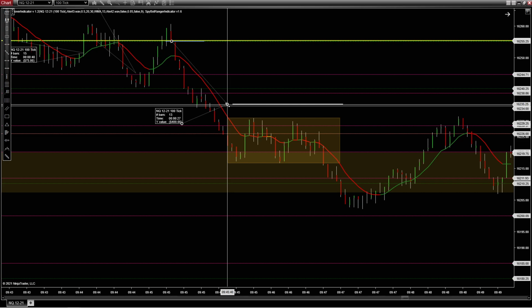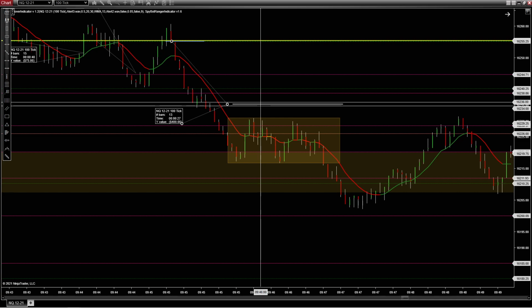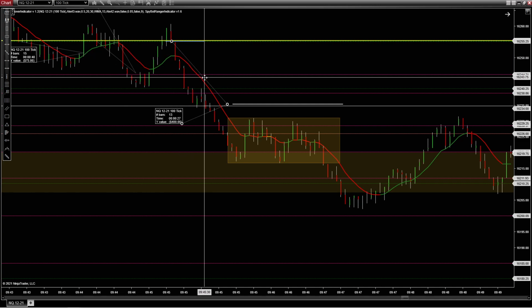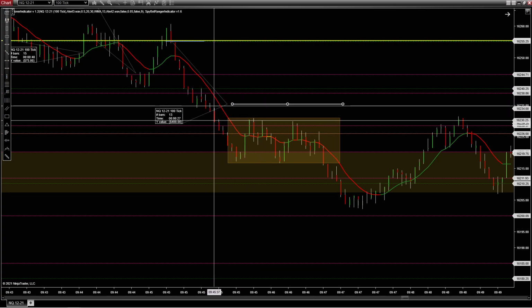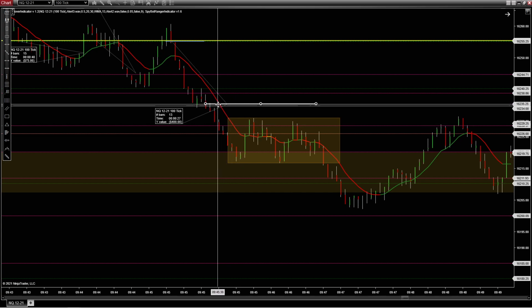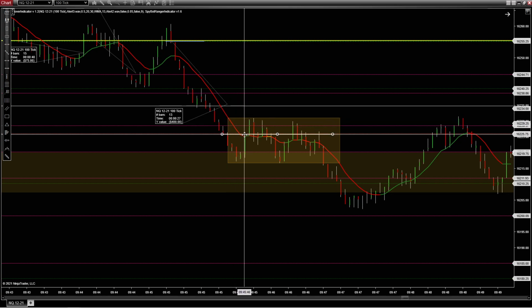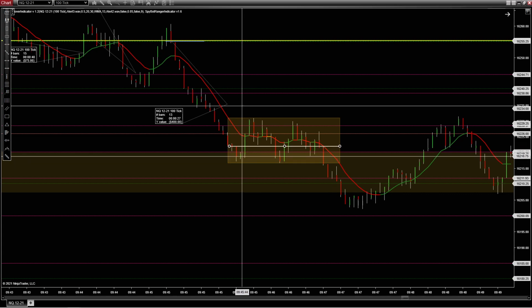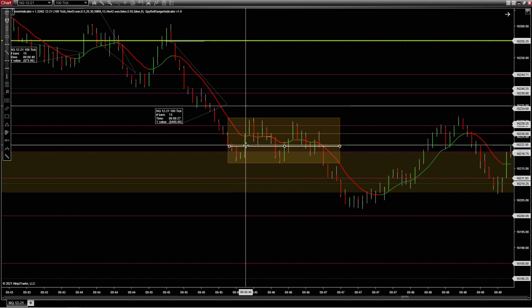At this point, you have to decide what's your goal. You don't want to just keep trading for no reason. You want to have what your goal is going to be per day for what you're trying to make. So if you're trying to make 500, you would just go ahead and let this go and keep chasing your candles down. So when this candle closed and opened here, your stop would be right there. When this one closed and opened there, you'd bring your stop to here. And you just keep chasing that candle down until you get to where you stop out. When this one closes and opens there, you would be on this candle and you would get stopped out there. If you did that, your profit would be